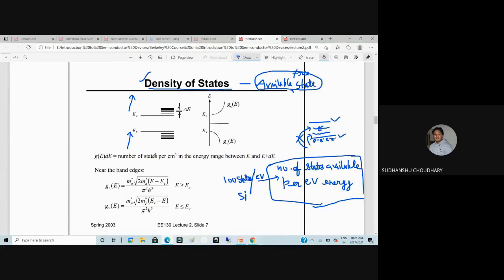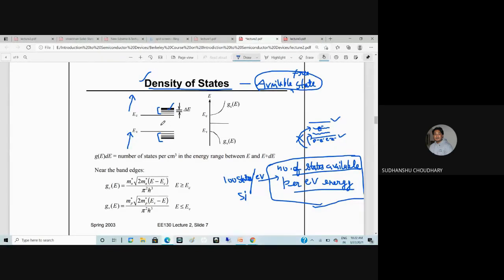Now, that means in the conduction band, in this entire energy range, I have electronic states. These are the electronic states which are represented here. Similarly, in the valence band, I have electronic states, or what we call the density of states, because these states are dense. This one is completely black, so it is very dense. So I have to find out how many states are present per unit energy level, the number of states available per eV of energy.